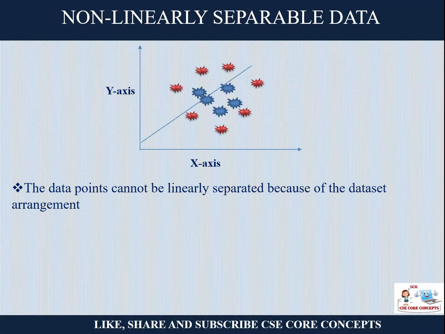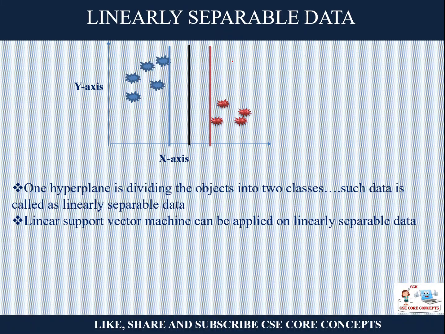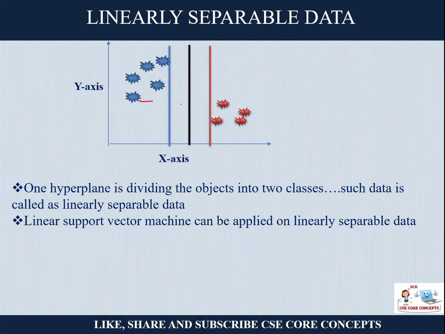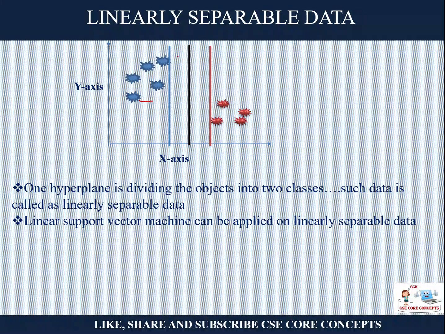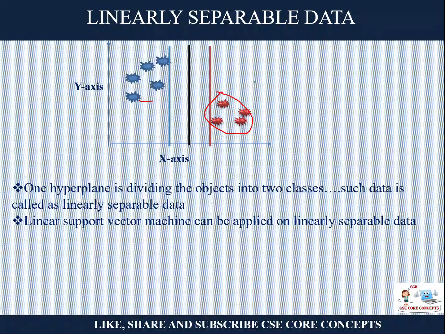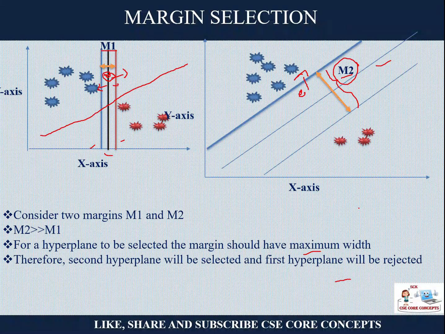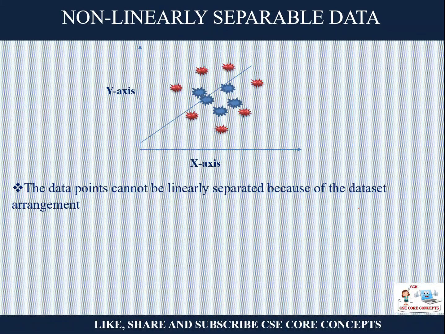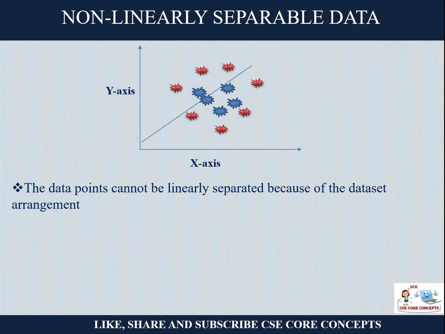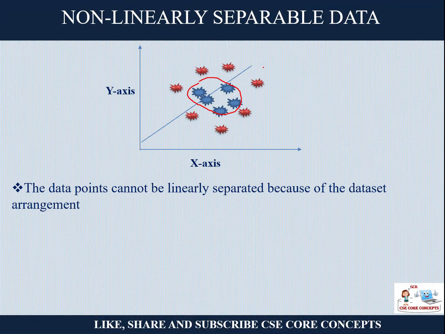which may be wrong, hence giving wrongly classified data. Now, as I told you, in this case this is linearly separable data. Simply you can draw one line and all points here are on the same side and all points there are on the other side. So it is very easy for linearly separable data. But in the case of non-linearly separable data, let's say your data looks something like this. This is one class, and the rest of the points are a separate class.